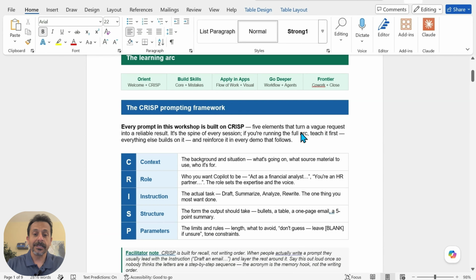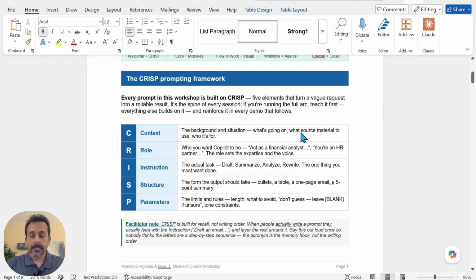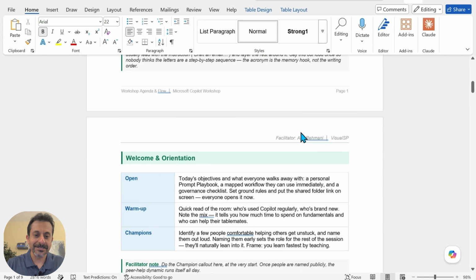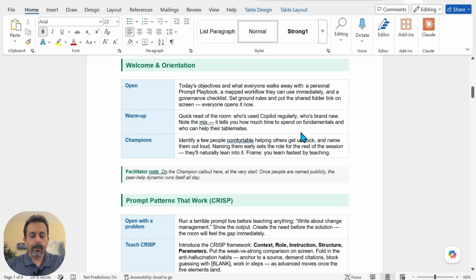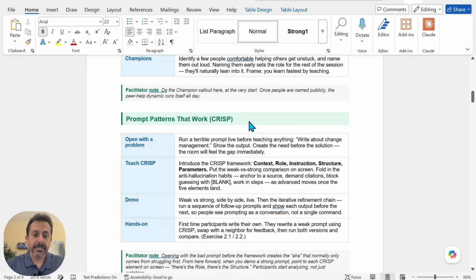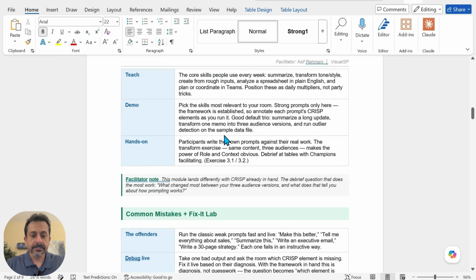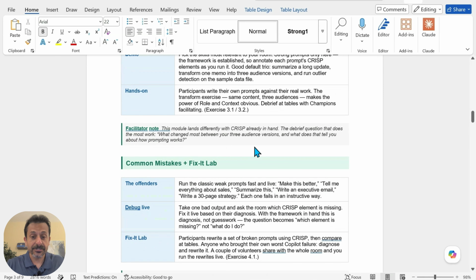So, starting with the CRISP framework, this is our specific framework that I use in order to teach the best way to prompt. So, that's context, role, instruction, structure, parameters. A lot more on that, and when I come to your organization, hopefully. And then here, welcome orientation, prompt patterns that work. This is talking about CRISP here, core skills with Copilot, common mistakes, because mistakes do happen, and how do you